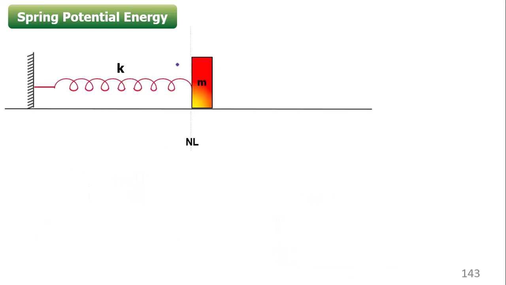So now I want to calculate the expression of the spring potential. Let us say the spring is initially in the natural length position. Now once I displace the spring by a distance of, let us say, x, I am stretching the spring by a distance of x. So I know the spring force acting on this block is in the opposite direction of the elongation. So here the spring force is kx.